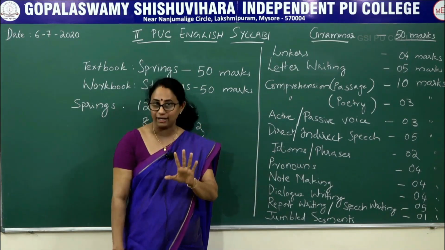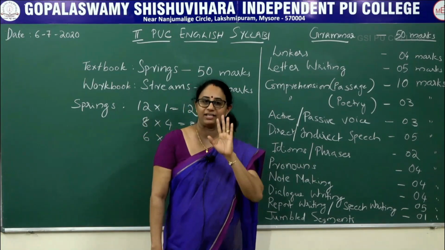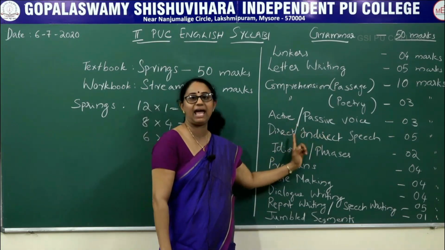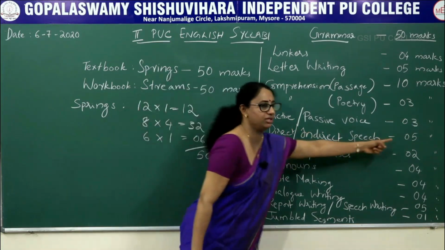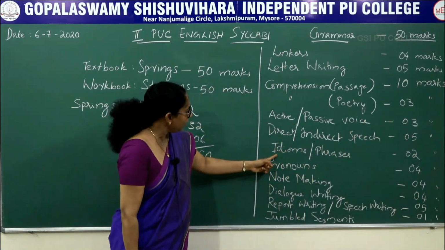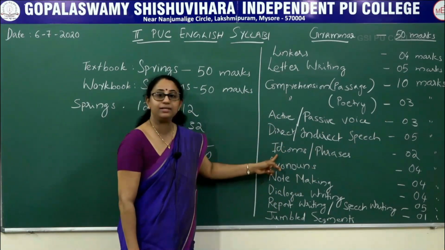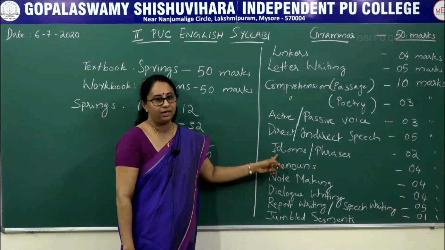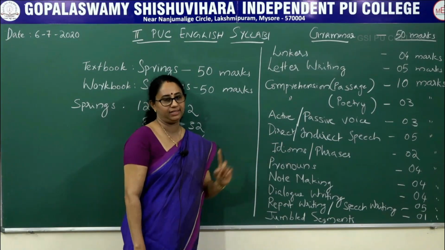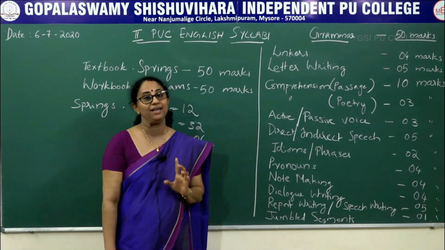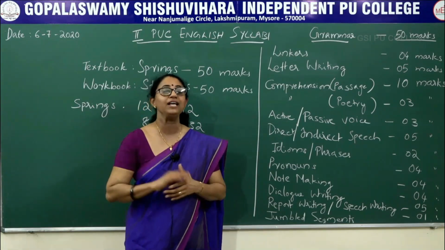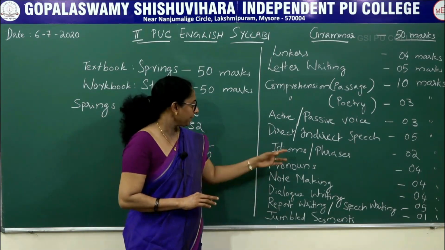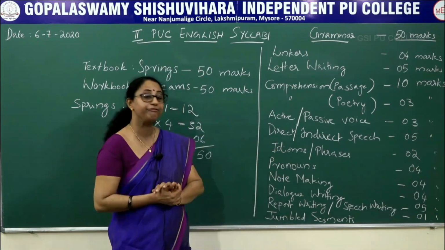There will be 5 dialogues or 5 sentences, and each sentence has to be converted. It carries 1 mark each, and total 5 marks. Now another component is idioms and phrases. Phrasal verbs also come under this title. Again, this is purely text based on your Spring's course book,